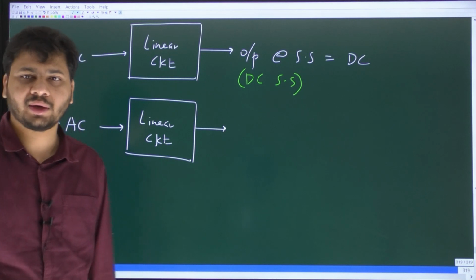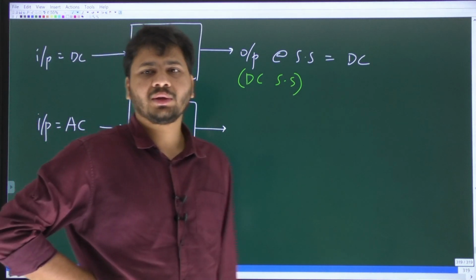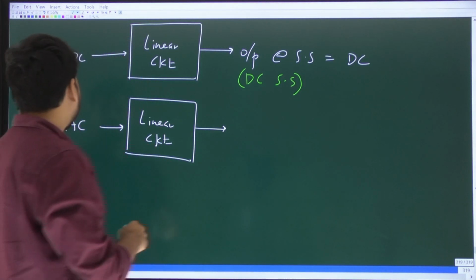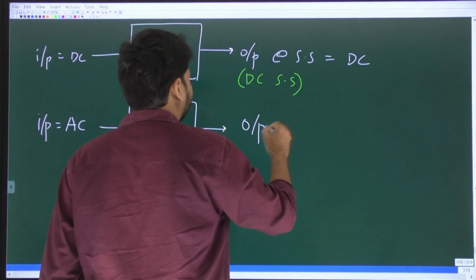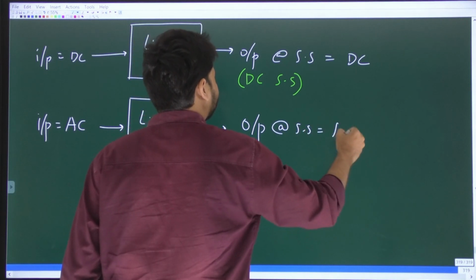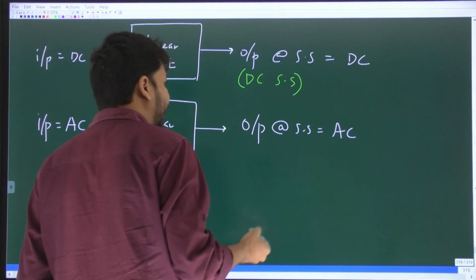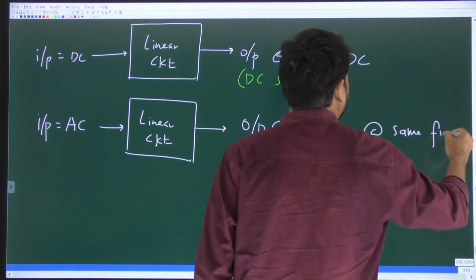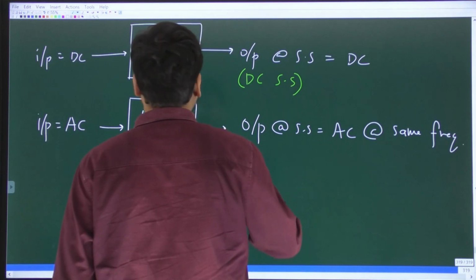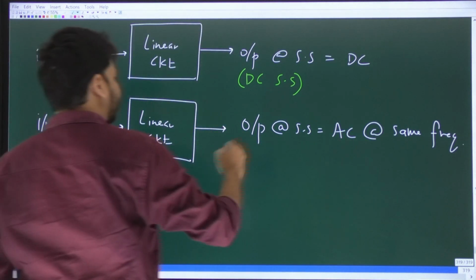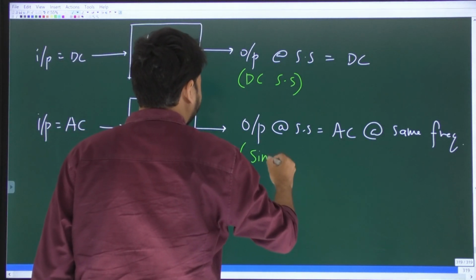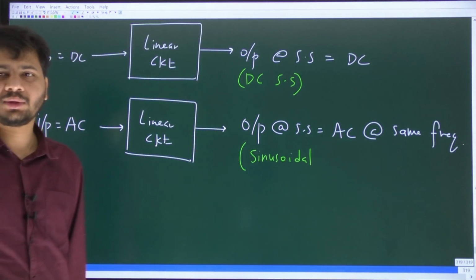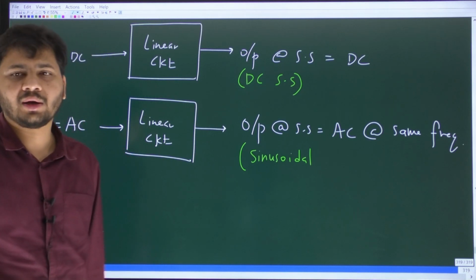So DC steady state is when the input is DC. Sinusoidal steady state when the input is AC. Common sense, okay? So this time the output at steady state is also going to be AC at the same frequency, and this steady state is called sinusoidal steady state. So this AC analysis, this topic, is also called